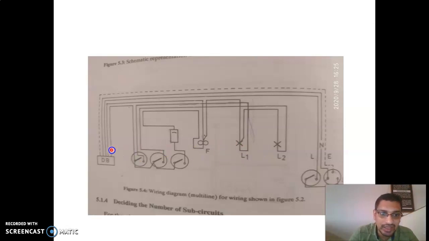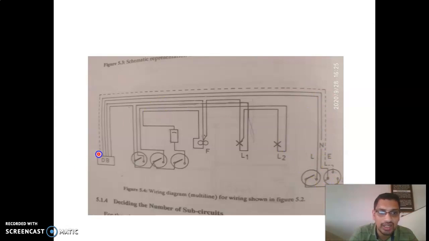Then the third wire is the phase wire of the power plug. We take the third wire, the phase wire, which goes to the switchboard, to the input of the power switch. Then the output of the power switch, that also is a phase connection, goes to one of the power plug points. And the last one is the neutral of the power circuit. It directly goes to the second point of the power plug.